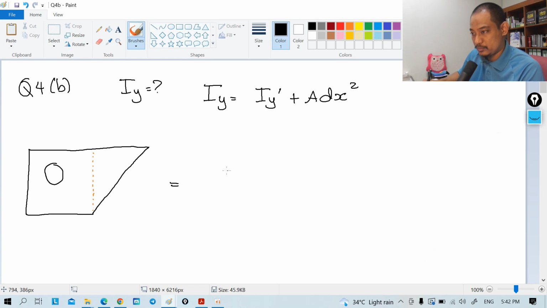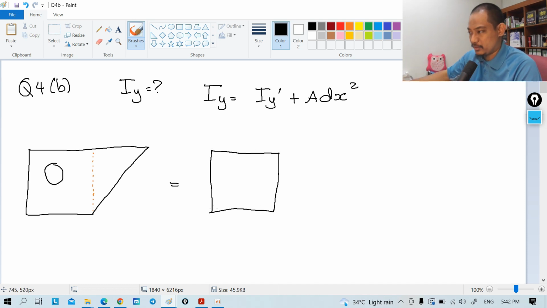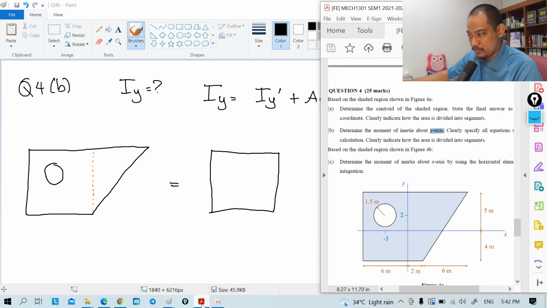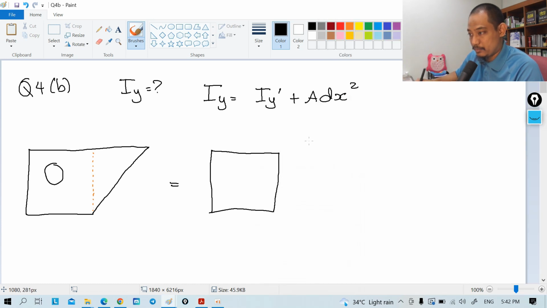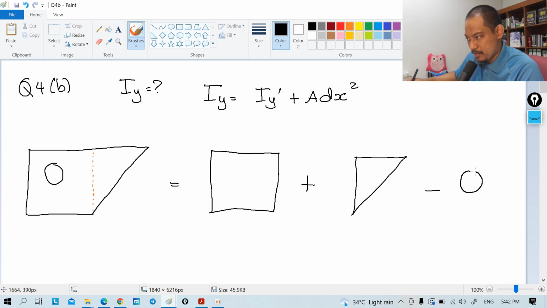So it equals the rectangle. In this case, okay, let me draw first. But I need to refer, right? Okay, and then plus the rectangle, the triangle, and then minus the circle. Now, if you learn with me, you know that there's a certain way that I like to draw it so that the information is there